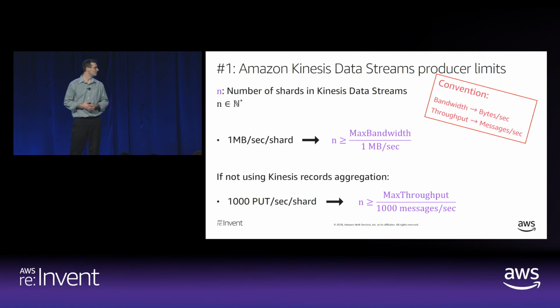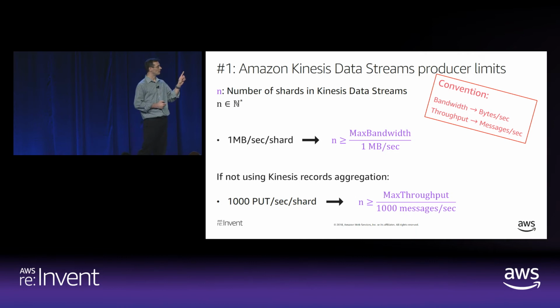So this drives us to the first slide with the formulas. Because you have those 2 limitations, you have 2 formulas. When you look at those 2 together, you see that if your messages on average are smaller than 1 kilobyte, then the throughput limitation is what's going to drive the number of shards. So what you do in that case is very well documented in the Kinesis documentation. You do record aggregation. Essentially, you batch records together before sending them to Kinesis, and the KPL does that for you automatically.